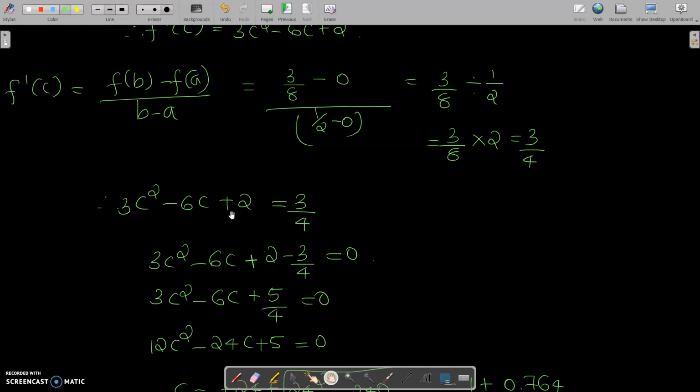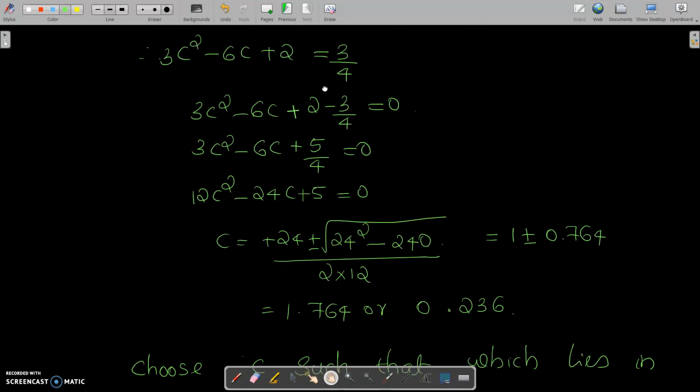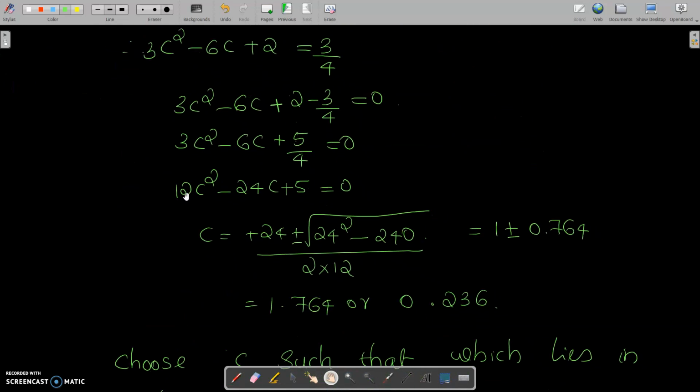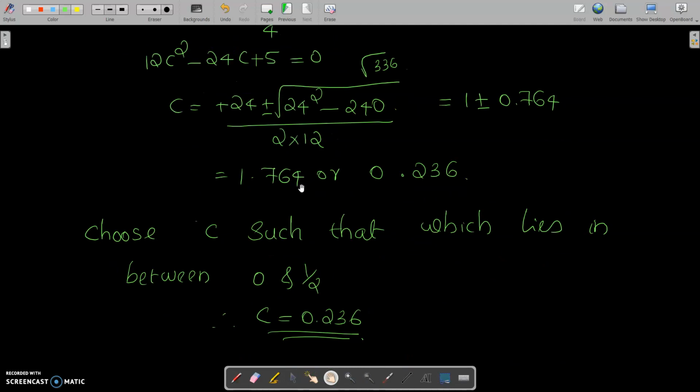What was f dash c? 3c square minus 6c plus 2, which is equal to 3 by 4. Right? Then simplifying, you will get 12c square minus 24c plus 5 is equal to 0. Okay, then c is equal to 24 plus or minus root of 24 square minus 240 divided by 24. So this is 24, and this is root 336. The value here will be less than 24, root 336. So this is 1 plus or minus 0.764. So that is 1.764 or